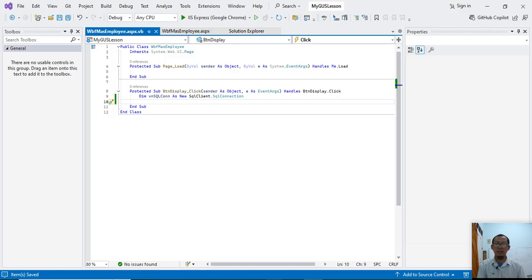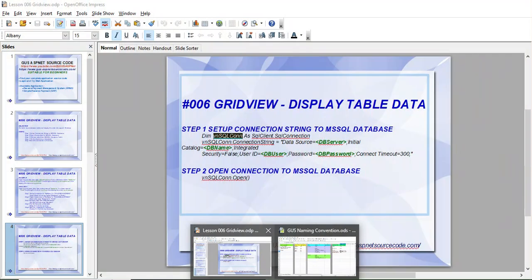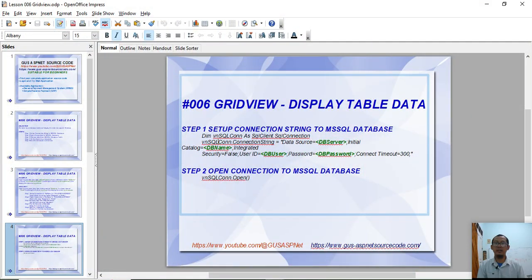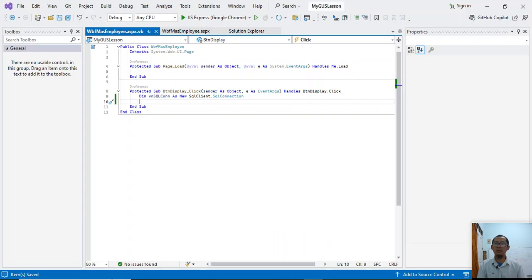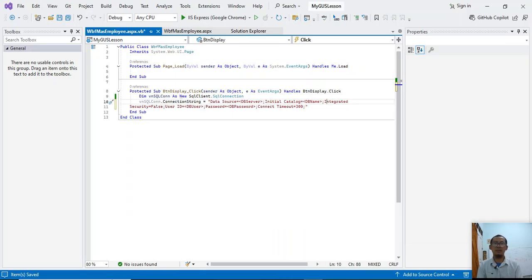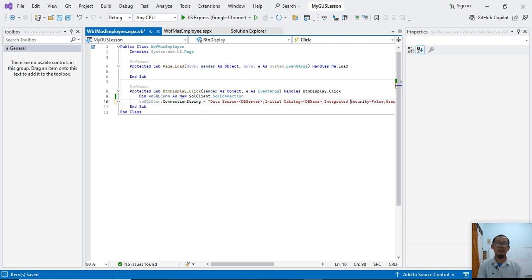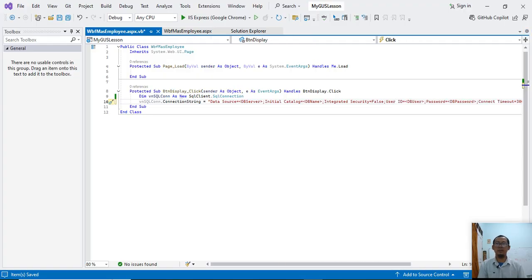Now let's create connection string. Here it is the syntax. I myself don't memorize this syntax, so I don't think even you must. It's no need to memorize the syntax.